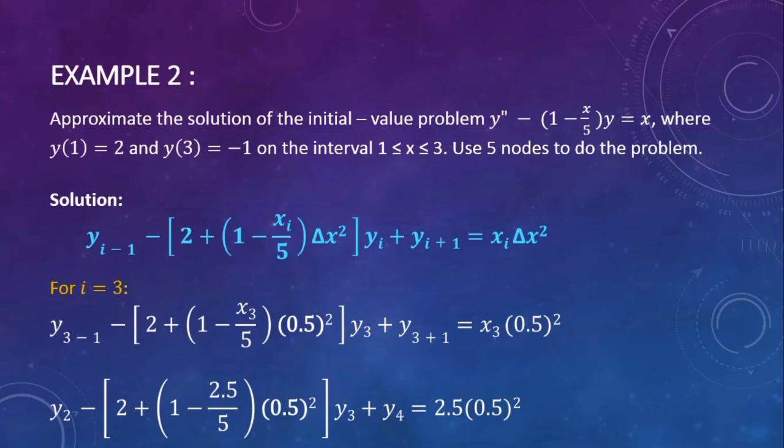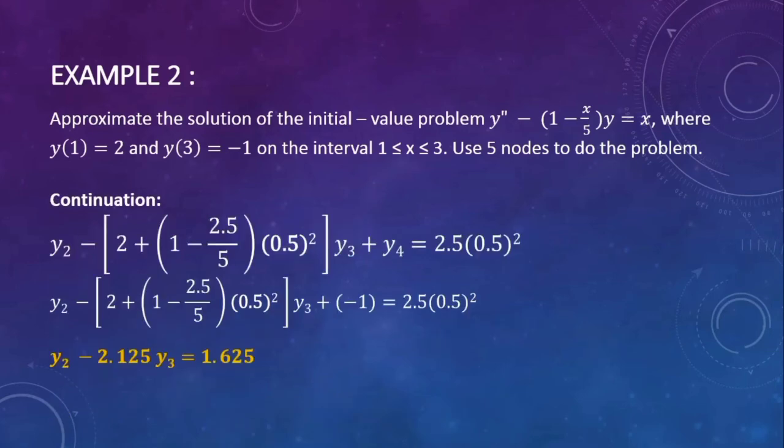So, we have y sub 3 minus 1 minus 2 plus 1 minus x sub 3 over 5 times 0.5 squared times y sub 3 plus y sub 3 plus 1 equals to x sub 3 times 0.5 squared. So, we have y sub 2 minus 2 plus 1 minus 2.5 over 5 times 0.5 squared y sub 3 plus y sub 4 is equals to 2.5 times 0.5 squared. So in continuation,